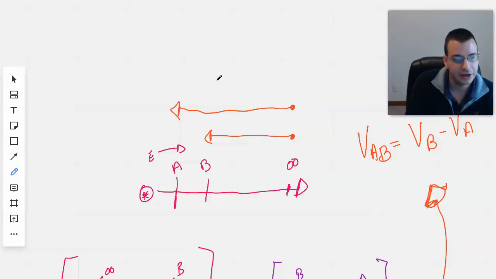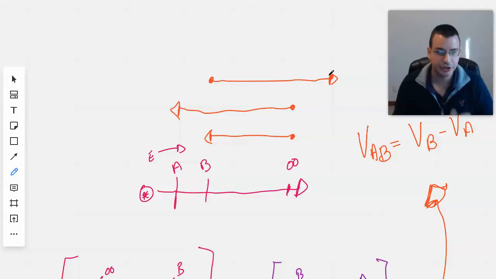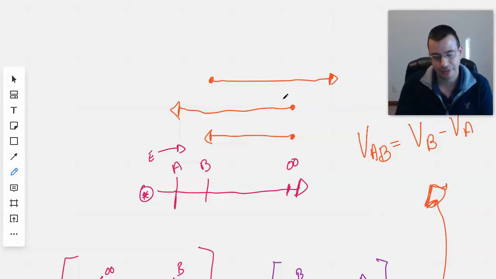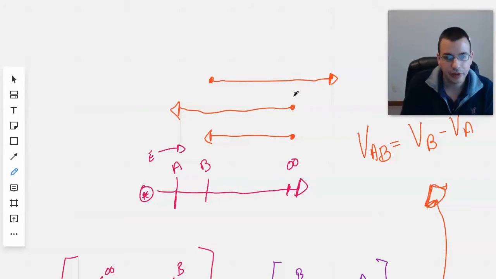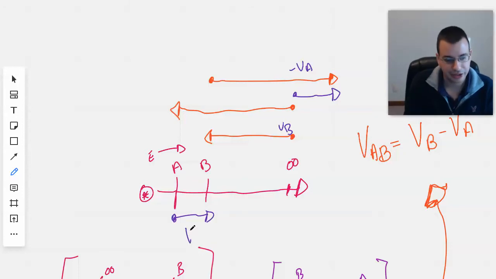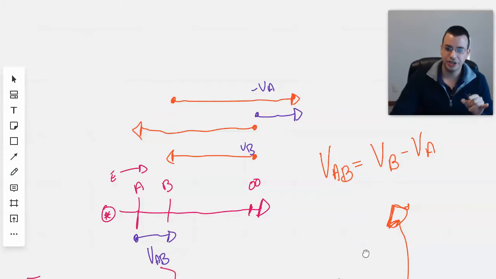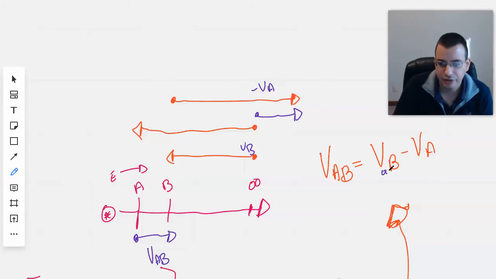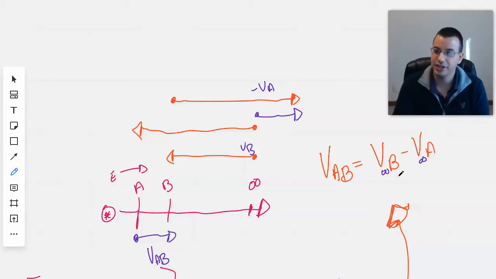So if you look at how to subtract vectors, I know voltage isn't a vector, but bear with me. You flip this around and you're going to get a vector that looks like this. So this would be negative VA, this would be VB. You add this to that and you're left with a little energy like this. So VAB. So the voltage A to B is the energy required to move a test particle from A to B, which equals the same as VB minus VA, which is the amount of energy required to move a particle from infinity to B, minus the energy required to move a test charge